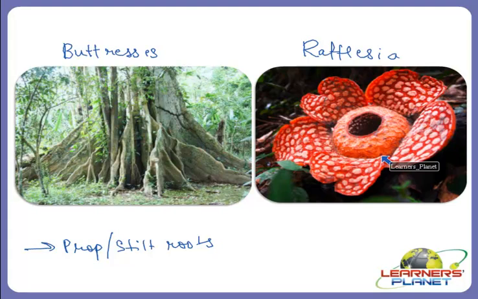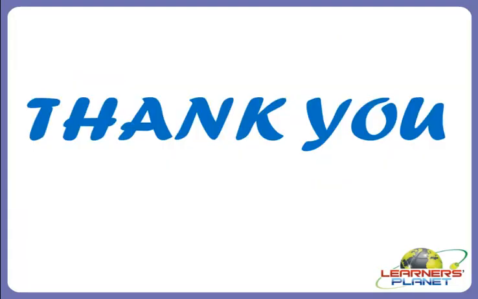So Rafflesia is one such plant. There are plants which are carnivorous, but there is one more plant, Rafflesia, which is found in the Indonesian rainforest, that produces the biggest flower in the world. So this is the biggest flower in the world. So we can see that there are thousands of flowering plants which grow on trees so that they get sunshine, and their roots are not in soil, and the plants get their food from air and water. So all these types of species or plants and animals are found in tropical forests or rainforests.